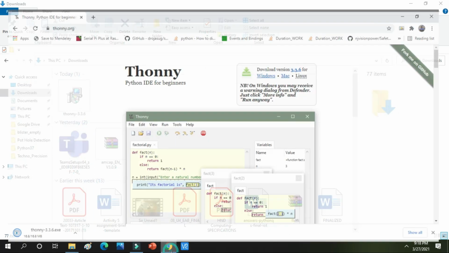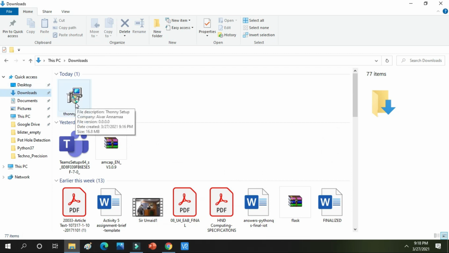We will run the setup now. Open this setup file, 16.8 MB.